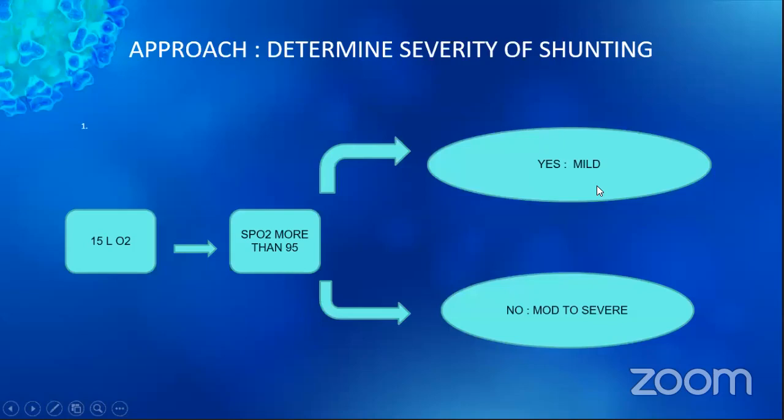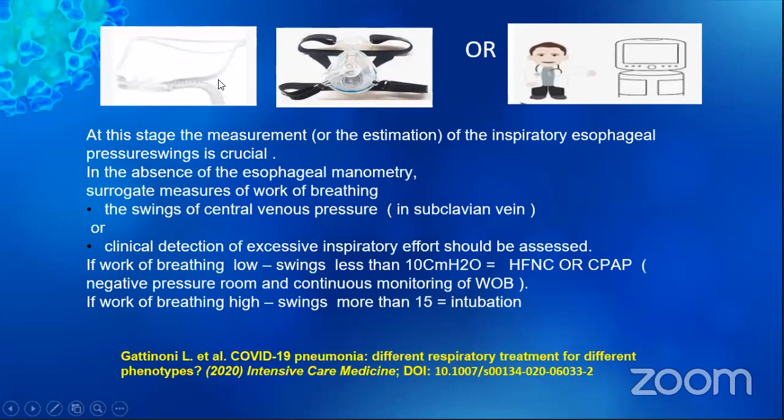For mild cases, he suggested that we can use high frequency nasal cannula or CPAP in a controlled environment. So what is the controlled environment? This should be a negative pressure room, PPE should be used, and there should be continuous monitoring of work of breathing. Regarding work of breathing, the simplest way is central line insertion, the subclavian line,